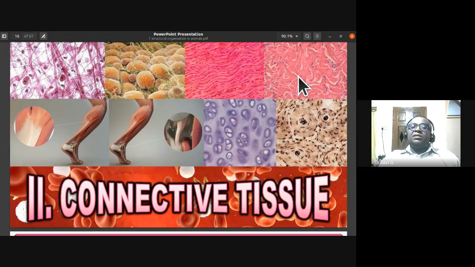Then we have the tendon. Bone and muscles are held together by tendon. Tendon is made up of collagen fibers. I remember it as BTM. Sometimes you might have heard about ligament tears, or tendon issues. So bone to bone is held together by ligaments, and ligaments are made up of elastic fibers. Bone and muscle are held together by the tendon, and tendon is made up of collagen fibers.